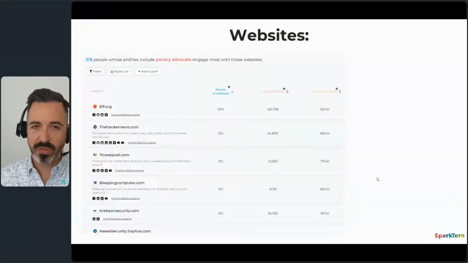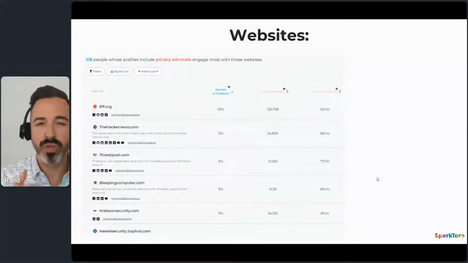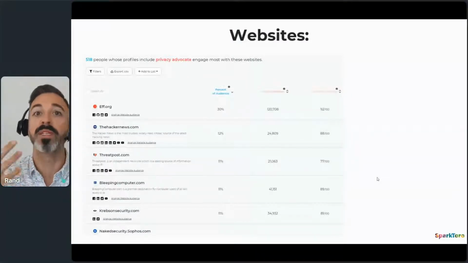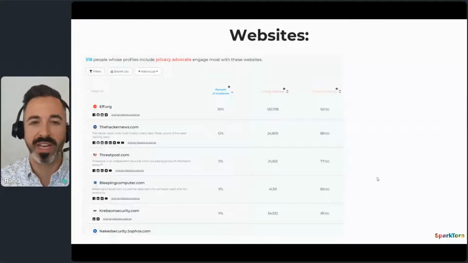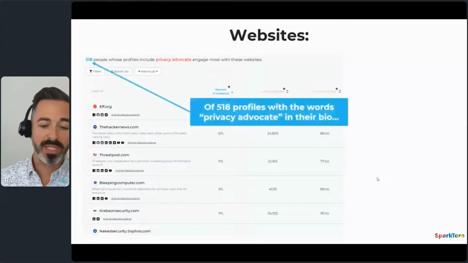So there's ways to do this, right? Like you basically can go into, I'm going to show you SparkToro, but I'll tell you a bunch of other tools too, because I don't want to be purely self-promotional. I'm using SparkToro because I have access to it as an example here. So, right, I can find websites like,